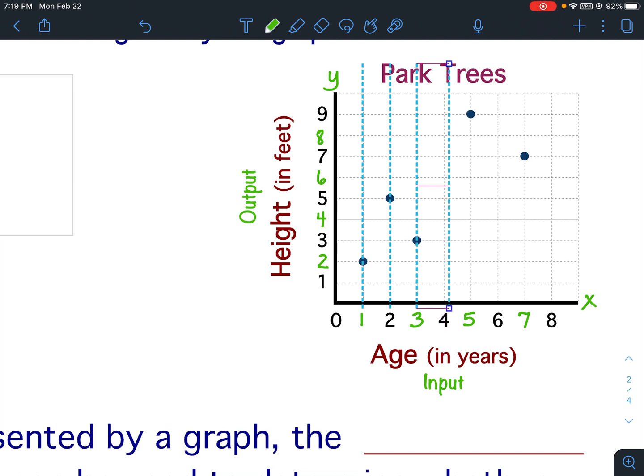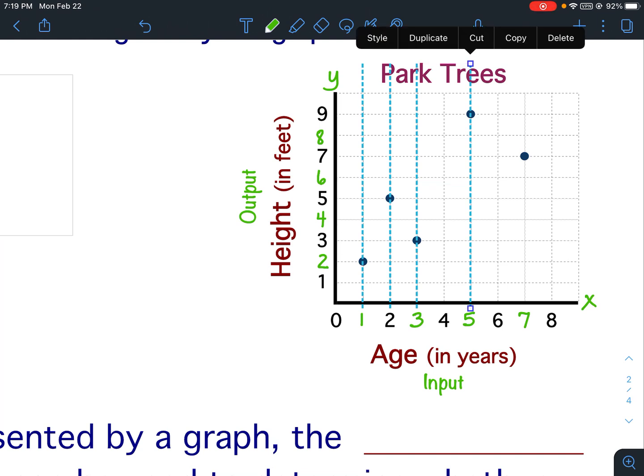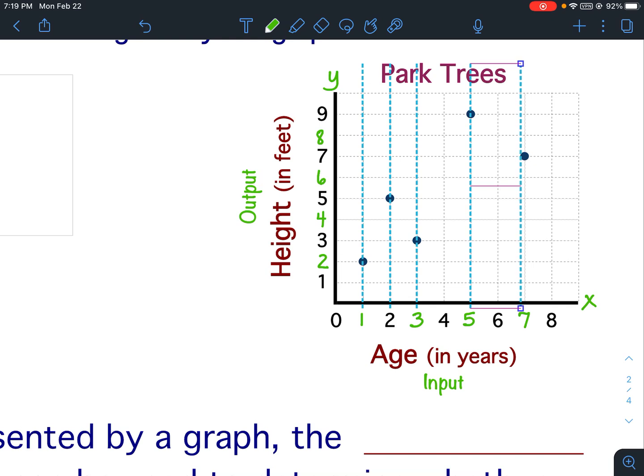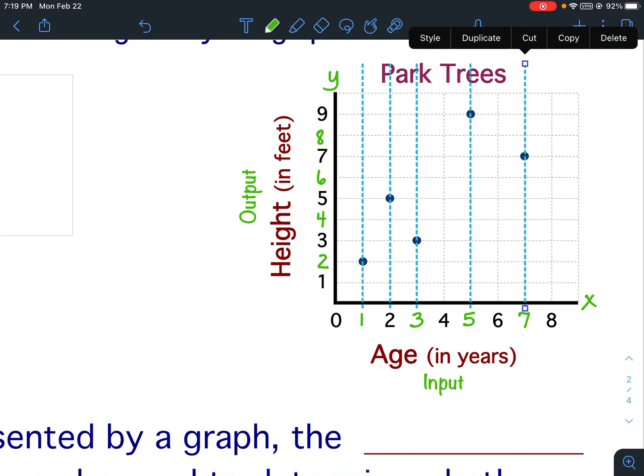4, there are no outputs, so I'm just going to skip it. 5, how many outputs does 5 have? 1, which is 9. 6 does not have any outputs, so I'm going to skip it. 7, input 7 has 1 output. So again,